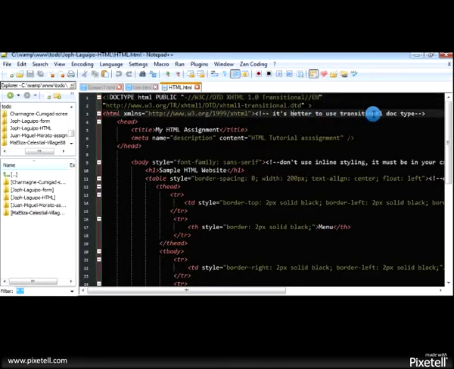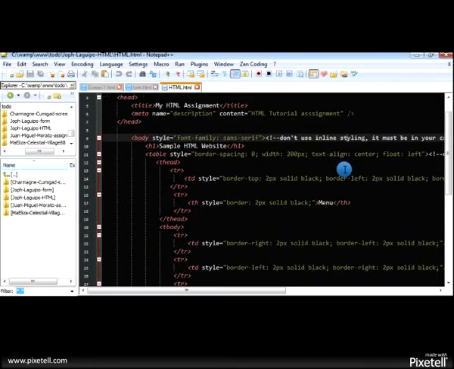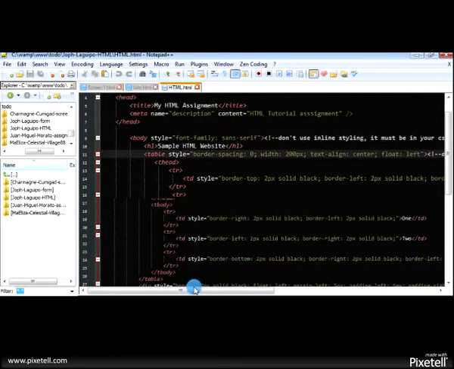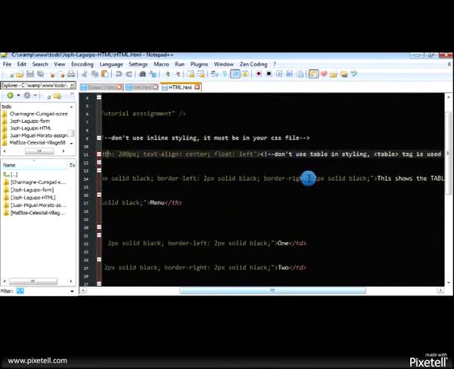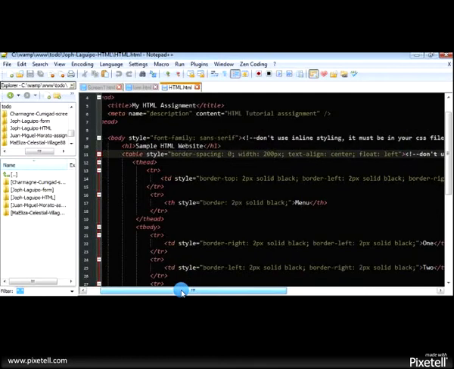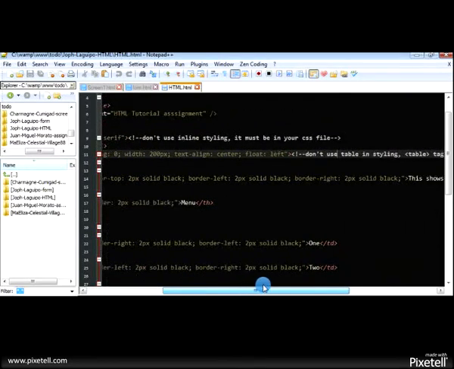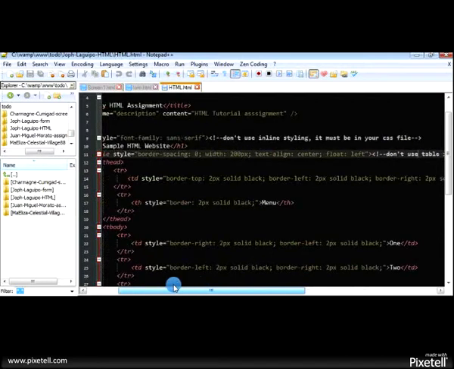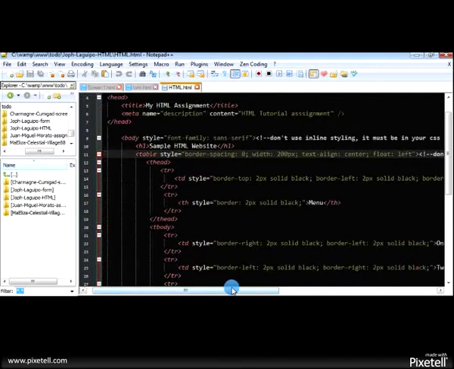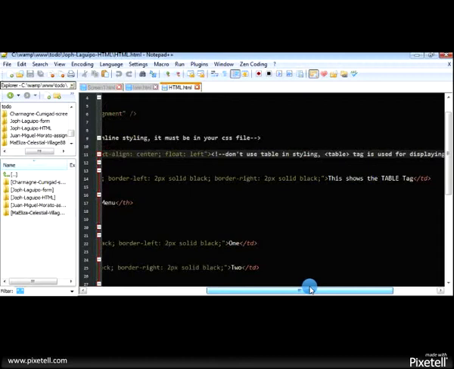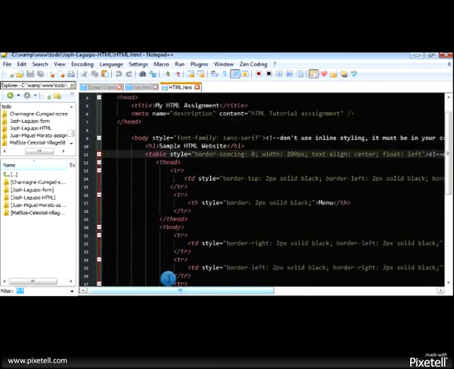Also here you must use the transitional doctype. Here you use inline styling. Here you use a table for styling. It is not the best way to code to use a table for styling, because a table is used for displaying records only.